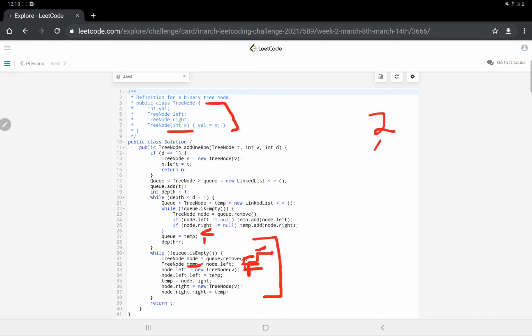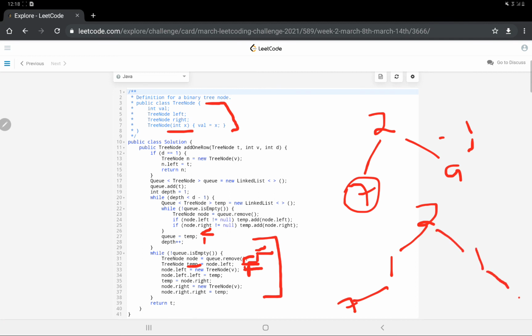Suppose this is the case 2, 7 and 9, and 1 is to be added here. So now 1 will be added here in the first case, and 7 will be stored, so 1's left would now be pointing towards the 7. Alright, similarly 1 will be added here and the right pointer will be pointed to 9. Hope this makes sense to everyone.